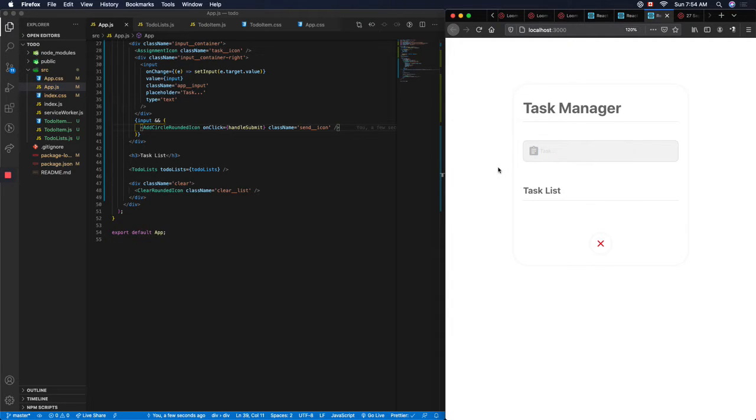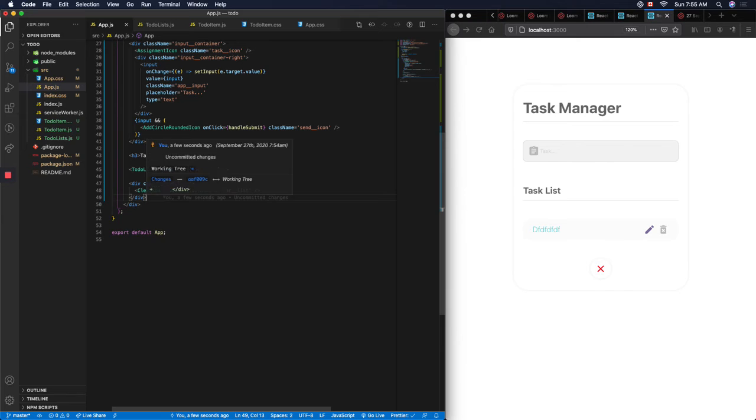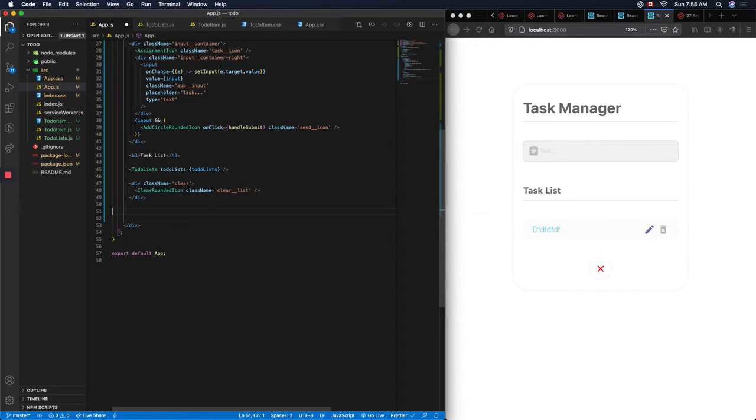So that is perfect. Having done that, now I want to do something: whenever I put in something and I submit, I should be able to use this tool. First and foremost, let's do this clear list. That's very simple to do. Just go to this part and add another div, create another div called clear, and the content